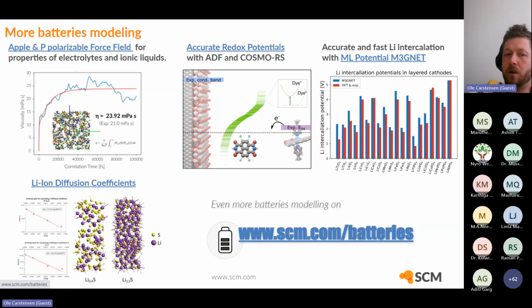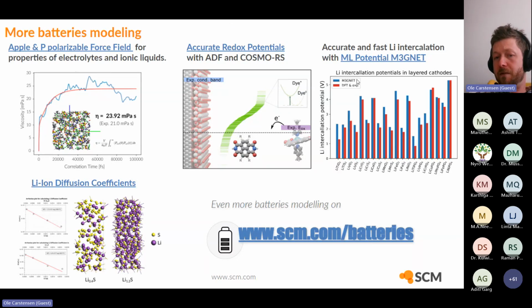There's also a nice workflow with ADF and COSMO-RS, that's our thermodynamics code, to model accurate redox potentials. Then this is a cutting-edge application. This is a very recent application, actually, so I don't think that there is a tutorial for this yet, but there will be very soon, of the machine learning potential called M3GNet. It is like a force field, but it does not use force field parameters, but a machine learning backend. And what you can see here is the prediction of intercalation potentials,